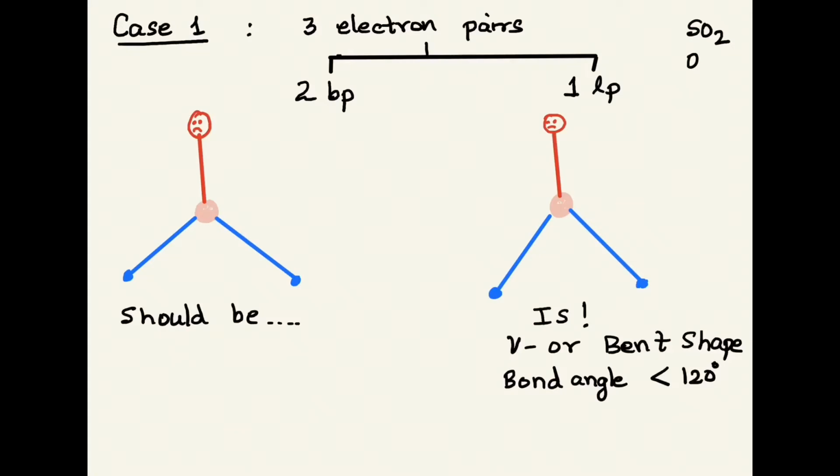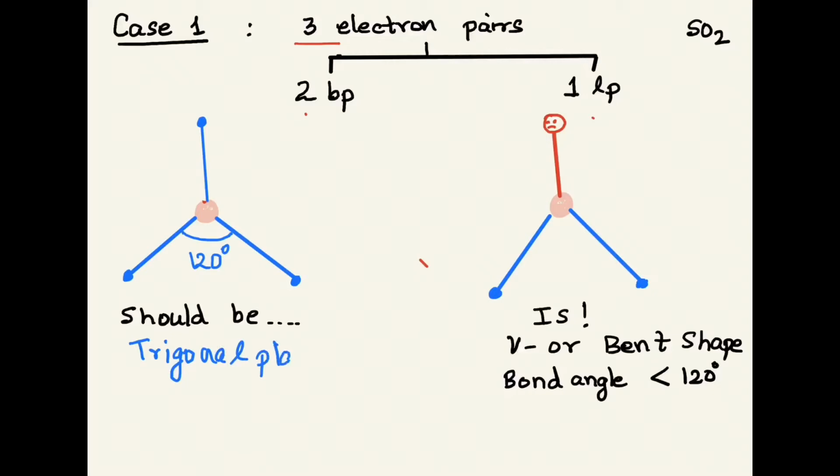We had done case 1, wherein we had taken 3 electron pairs, with 2 bond pairs and 1 lone pair. This is the first example that we are taking up over here. Now here we've got 2 bond pairs. 3 electron pairs means if we are talking about regular geometry, they will be oriented so that they are the maximum distance apart from each other, making a bond angle of 120 degrees. The shape should be trigonal planar.